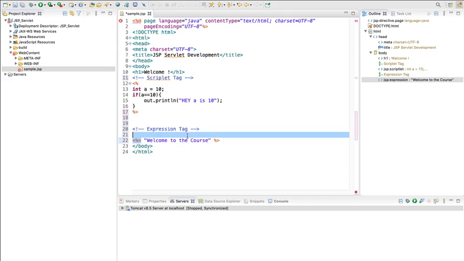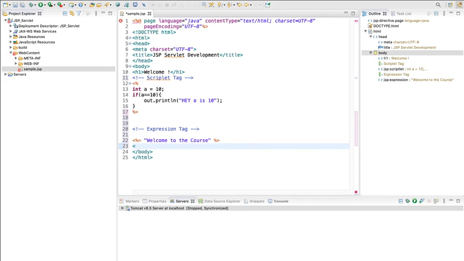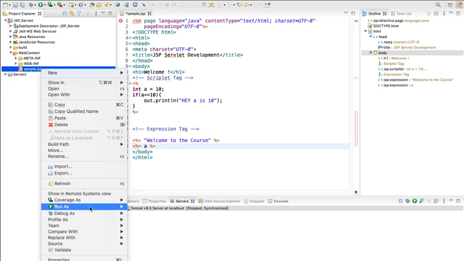So you see, any value or any variable you want to display. Here I write my expression tag again and I'll just say A. So why is it not giving an error? Because see here, I have declared a variable called A, right? So it will print this. Now if I go ahead and run this on the server,